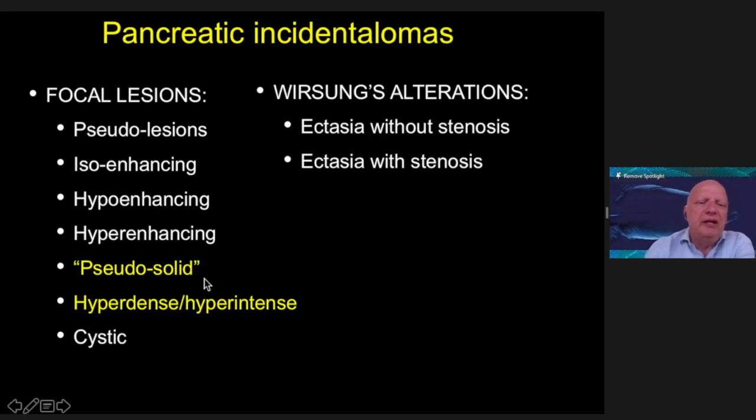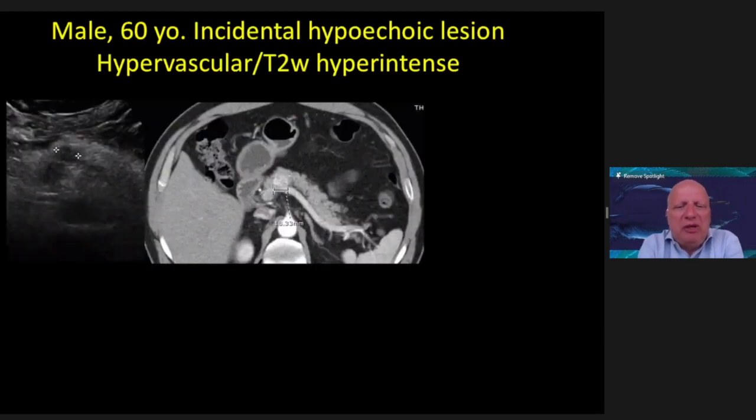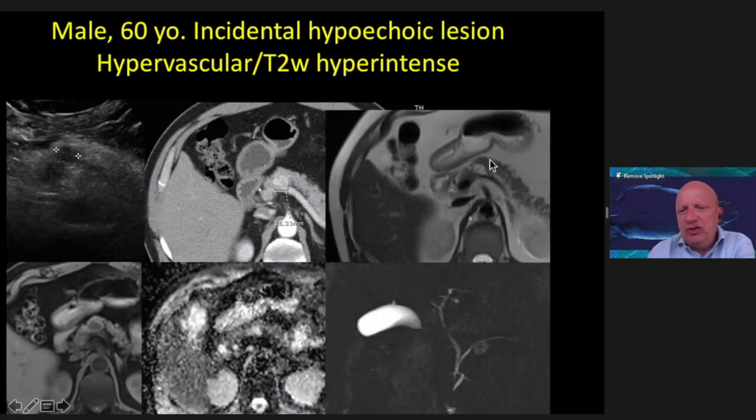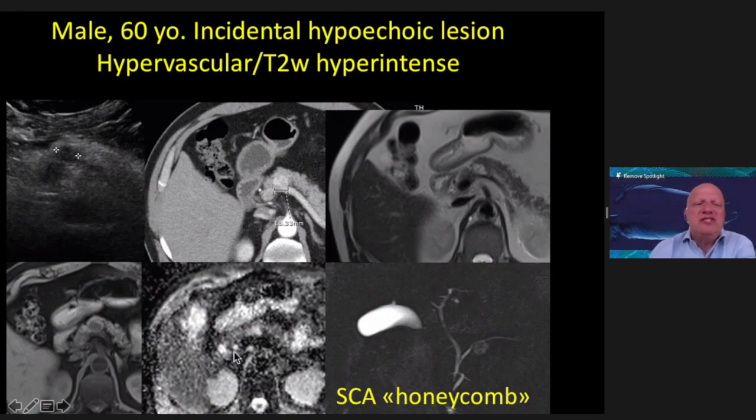Sometimes we can see what I call the pseudo-solid lesions, or hyper lesions, hyperdense, hyperintense. What do you think about the pseudo-solid lesions? This patient has a hypodense lesion in the head of the pancreas, which was hypervascular at CT. So the suspicion was a pancreatic neuroendocrine tumor. However, at MRI, we see the lesion can be quite bright on T2, no restricted diffusion. And so in reality, this was a very small serous cystadenoma with a honeycomb pattern, which means that the cysts